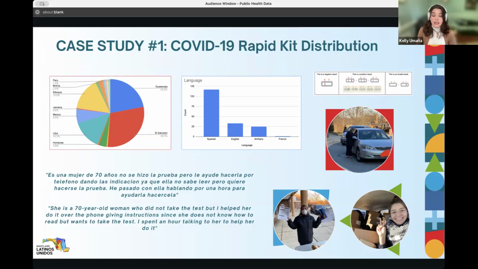So what we integrated in this project was that we also helped our communities go into the Maryland Department of Health portal to report their results, so it could be included within that overall data set to have an accurate representation of what our community was experiencing. And so we trained our community health workers, that are boots on the ground.